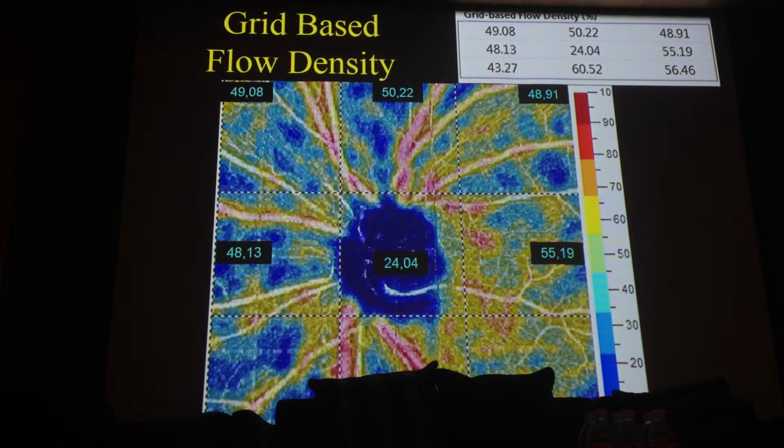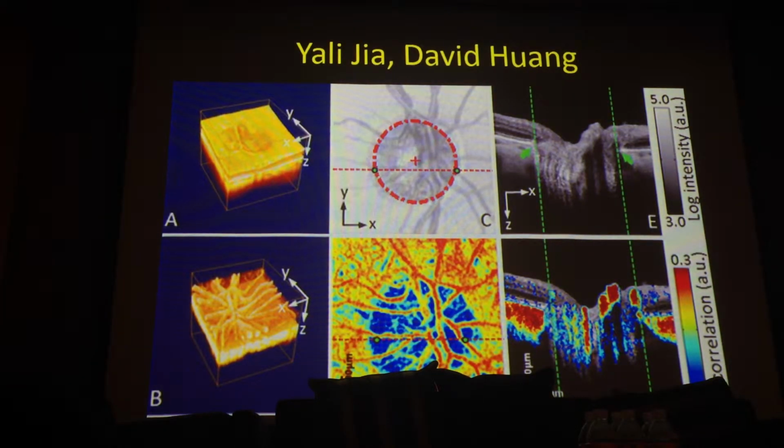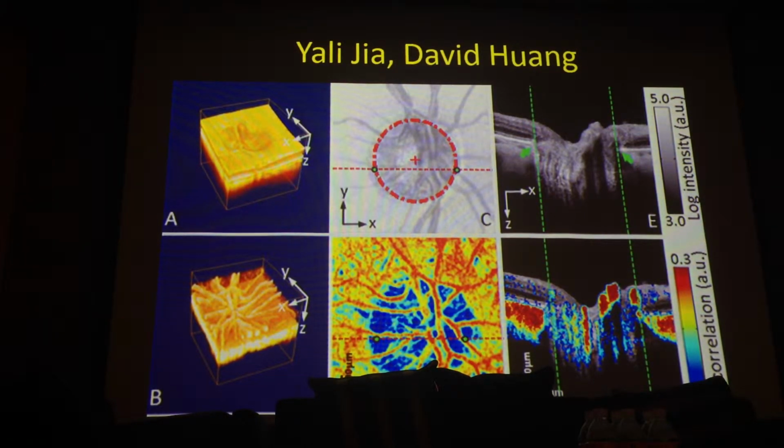As we have this relationship between reduction of vascularization around the disc and glaucoma, all the engineering teams are working on this, and David Huang and Yali Jia have published a few papers on this, and they are working with the idea of reconstructing in 3D the vascularization of the disc. When we only observe the flow in the disc, we have competition between the big vessels and the very thin vessels around the disc, and so this approach probably